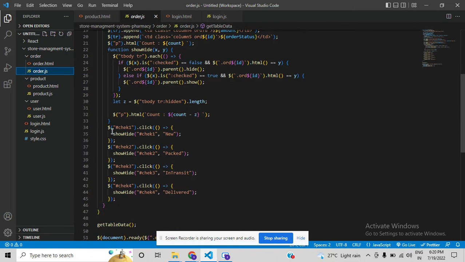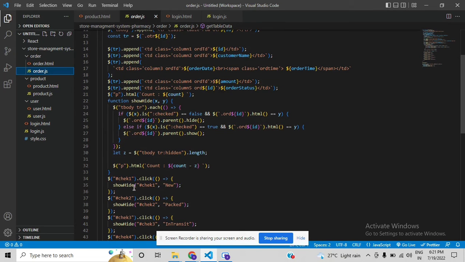On click of here, I access that element by ID, and on click of that element, I call a show hide function and pass the ID of that element and the label of that element, or we can say the status of that product